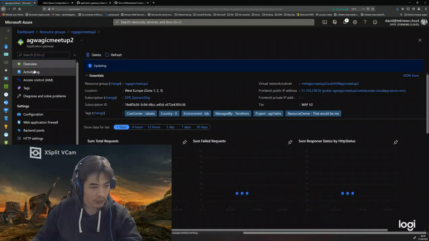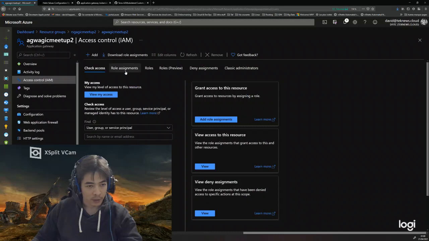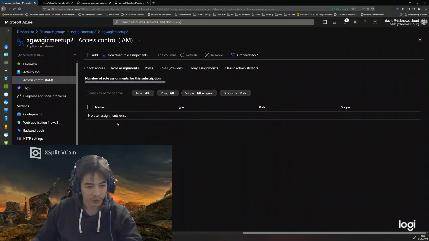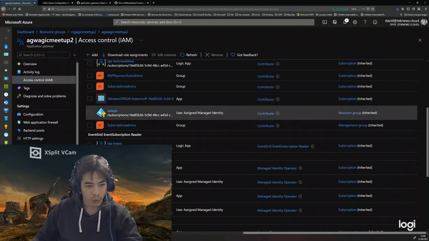If I'm going into the access control, as you can see, I have the UAI AGIC. So this is the one that I created. It is not the same name, but it is assigned the same level of authorization because I based myself on that.